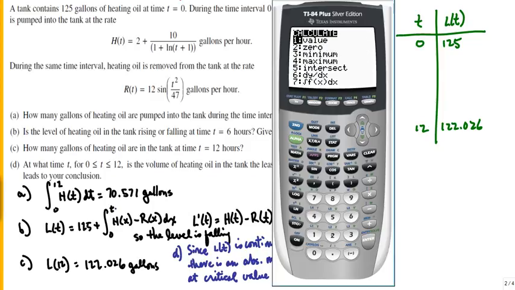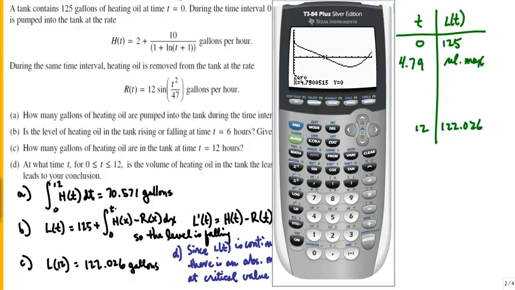Second, calc, option 2, left bound 0, right bound 6, should give me the first one, guess, and that is at 4.79. However, we do know that that's a relative max. So I know that a relative max can never be an absolute min, and therefore I don't need to worry about its value. The second one, second, calc, I'm looking for a 0 again, this time from 6 to 12, and my guess is going to give me